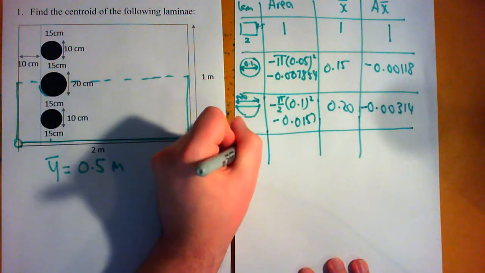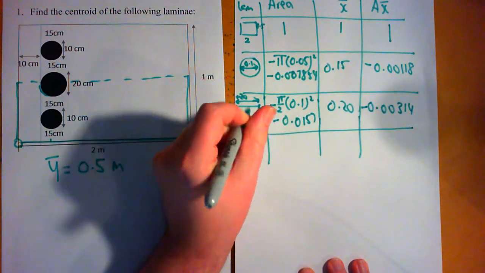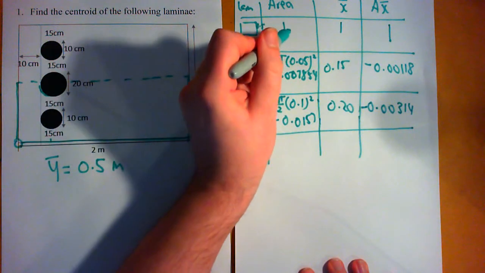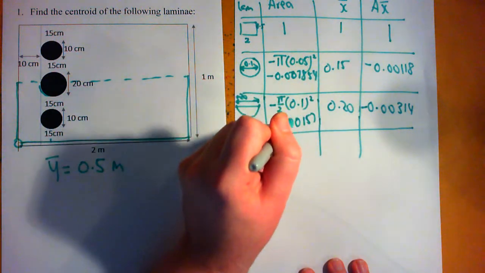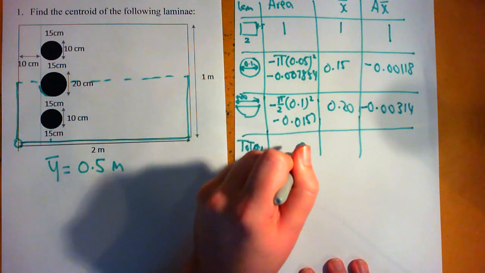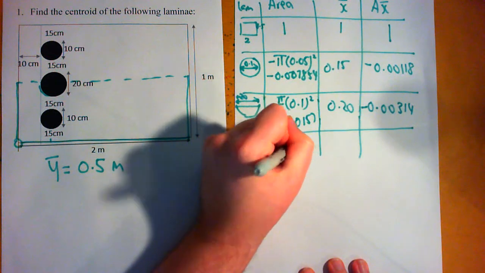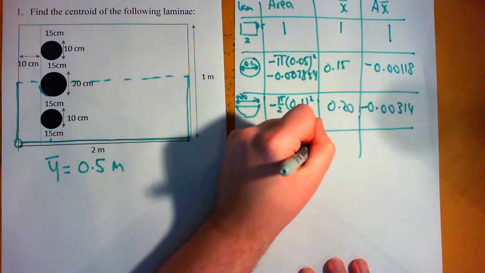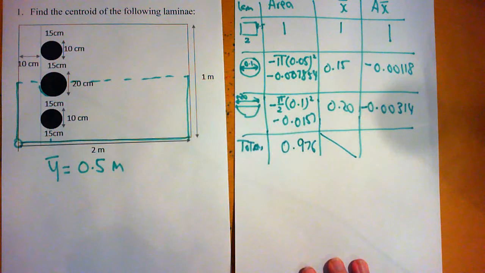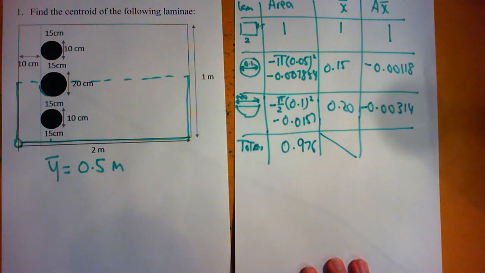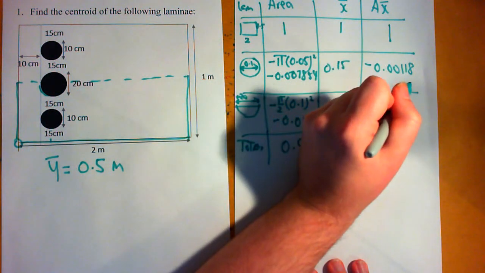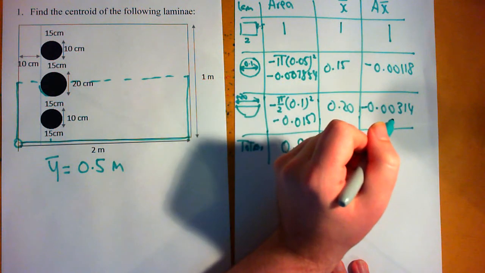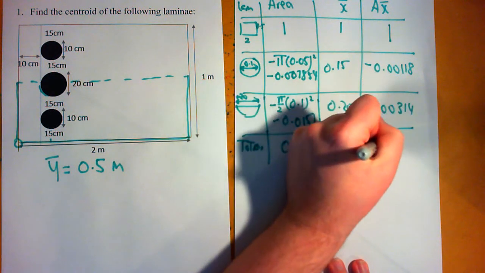And let's get our totals. So our total for the area is going to be 1 minus 0.007854 minus 0.0157, giving us 0.976. We don't need a total of the x bar, but we need the total of the A x bar, which is going to be 1 minus 0.00118 minus 0.00314, giving us